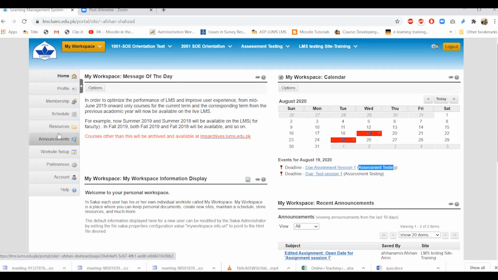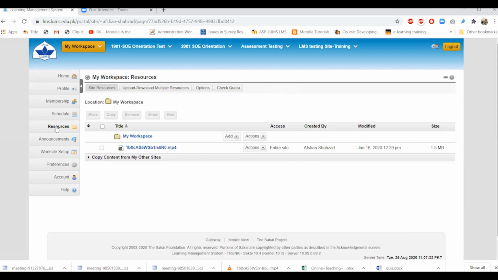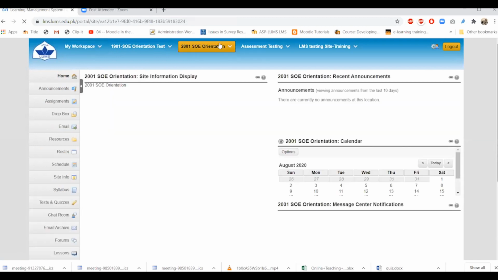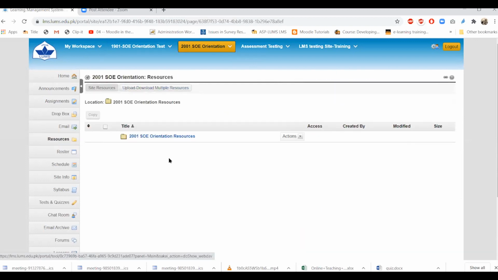These are your own resources, where you can keep your files for assignments or anything that you're working on. If I click on the SOE orientation tab and access these resources, this means that these resources are shared by your instructor.